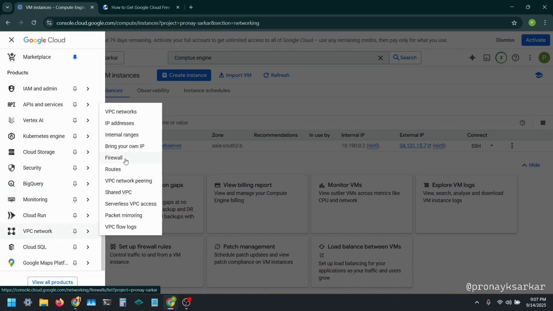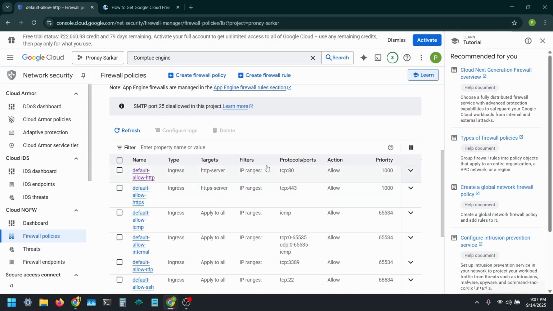and go to firewalls. Here you can check we have already created the TCP/80 protocol and TCP/443 for incoming HTTP server. Let's wait for the web server to work. It will take 1 or 2 minutes to work properly.